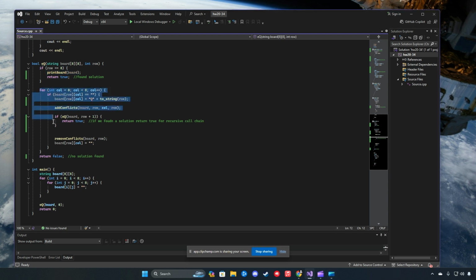So moving on to the for loop, this for loop iterates through every single column in a row, and this if statement pretty much evaluates to see if that row and column of the board is empty. And if it is empty, then we know that it's not covered by any queen. So we put in Q, and also we convert the row into a number to signify which queen number we